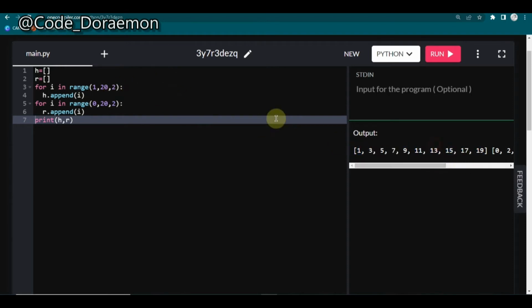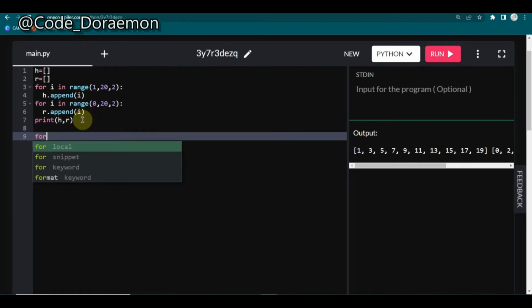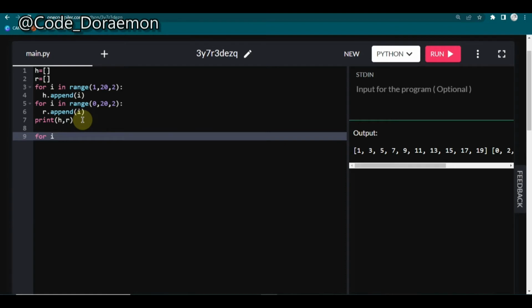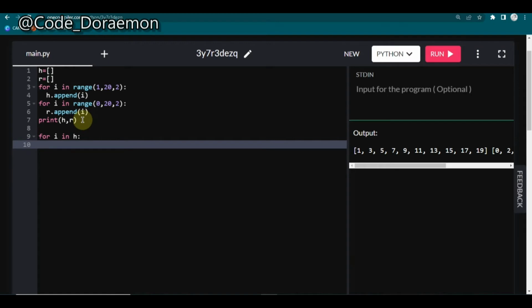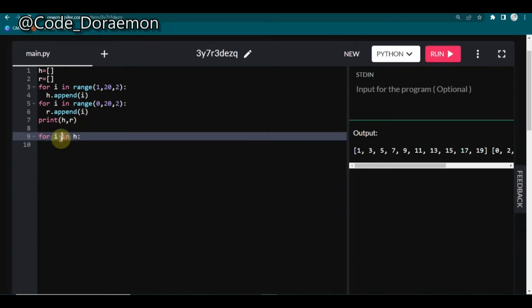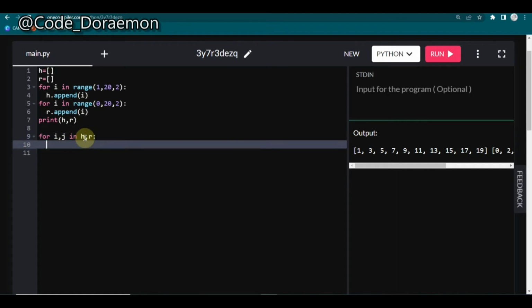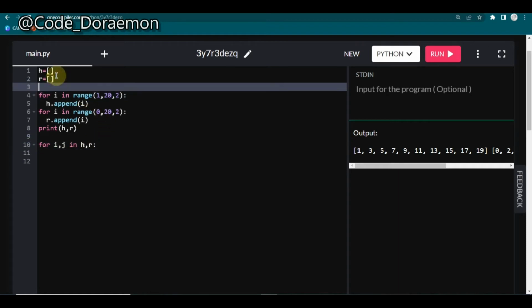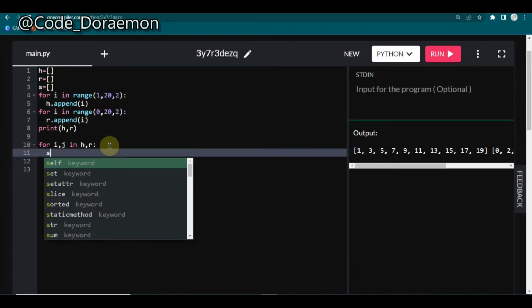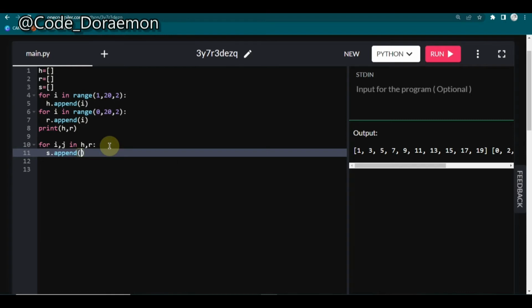So I've just given you one simple way to do so. I'll also show you how we are getting added. So for i in h, you can iterate over two arrays at the same time also. So i comma j, and here you can give h comma r, and you can create one more array like this, s. Here also you can append, s.append, but append can only add one at a time. So we are going to just repeat this,